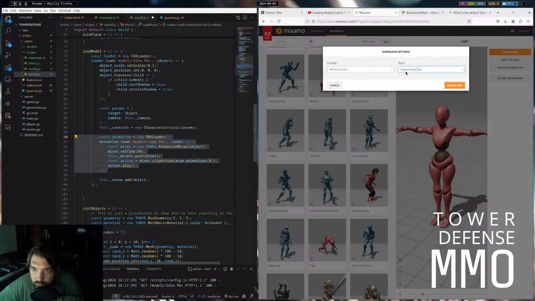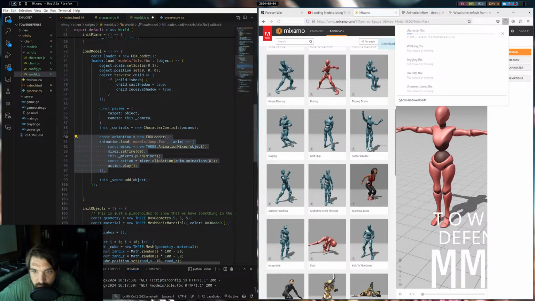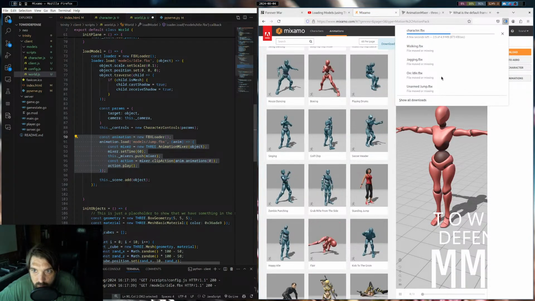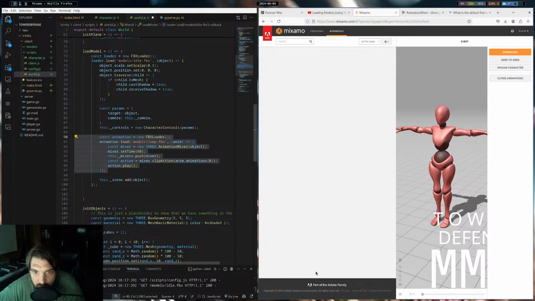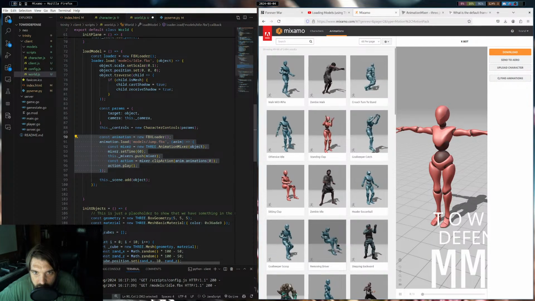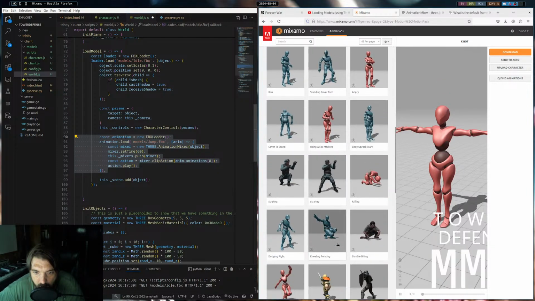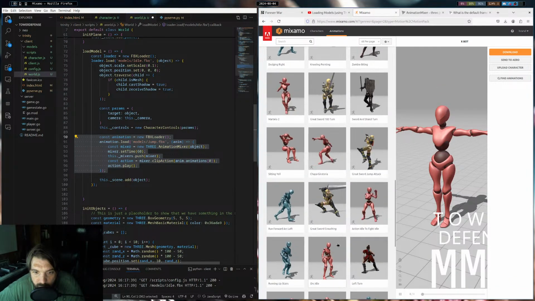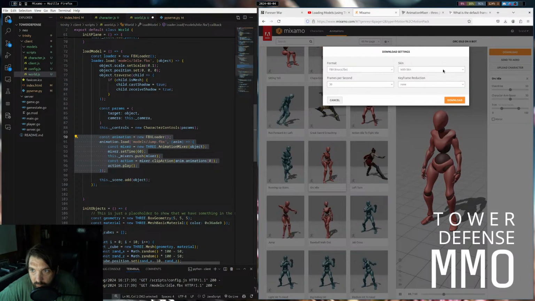Original pose. We're just gonna download this bot. It's not even a bot, but we're gonna download it. And then, if we can find it, let's find the idle. There we go, idle. And then when we download this, we want to